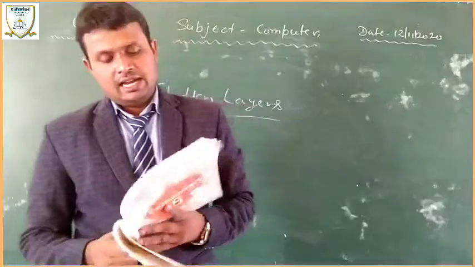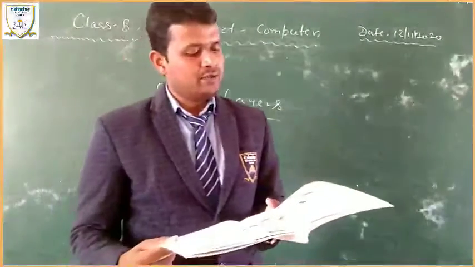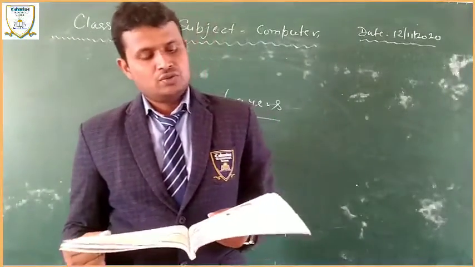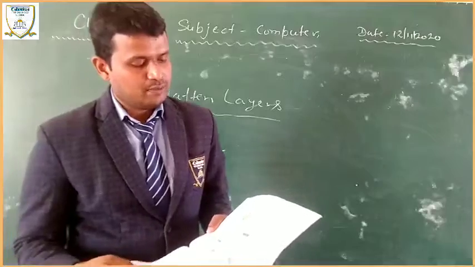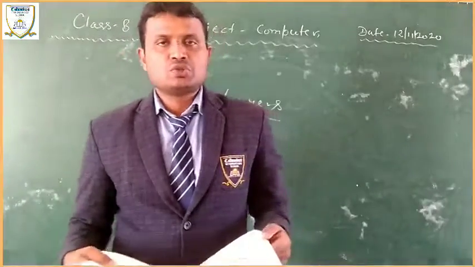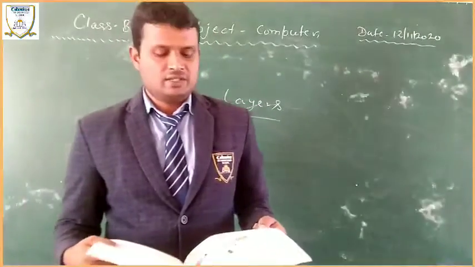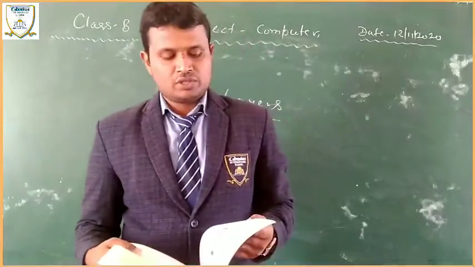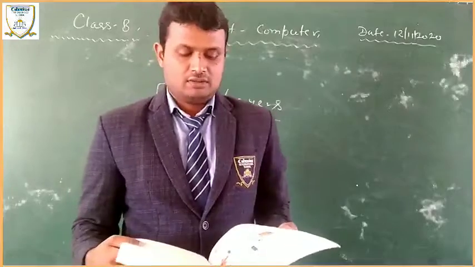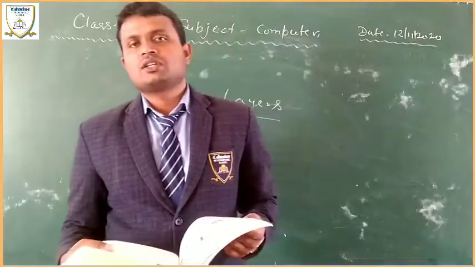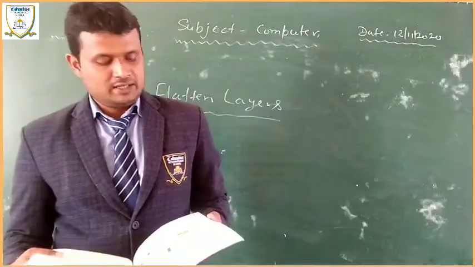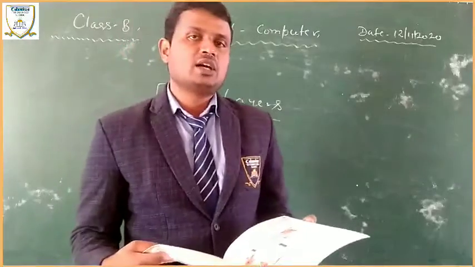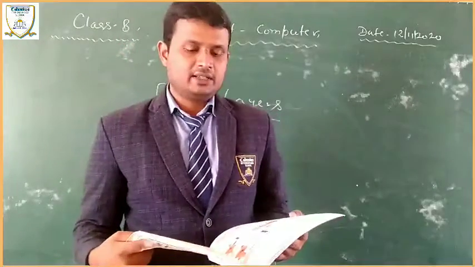Okay, and here are some questions. Write the function of the following tools. So you just write what are the functions of the dodge tool. The dodge tool is used to lighten an image. The burn tool darkens an image. The smudge tool is used to smear what is wet. The type tool is used to type text on the image, and the eraser tool is used to erase a part of an image.